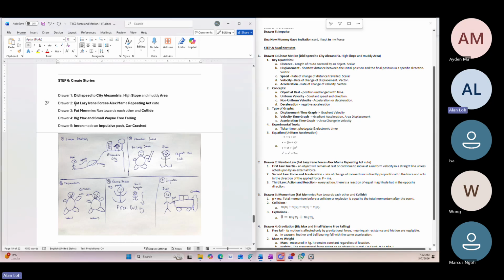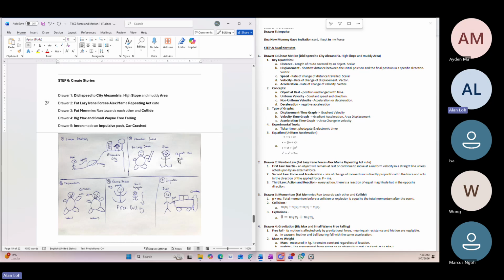Drawer number 2. Fat, lazy Irene forces Alex Mummy repeatedly acting cute, right? So I draw a fat lady Irene using this stick to force Alex Mummy. I draw this Alex Mummy with the curly hair. Usually, Mummy has curly hair. To act cute. So this is like acting cute, right? The hand is curvy, the leg is curvy. So with this picture alone, I think it's easy for you to remember what is the content of this drawer,